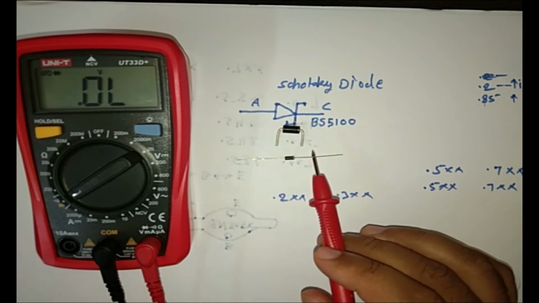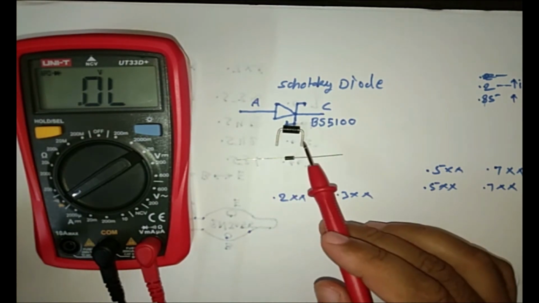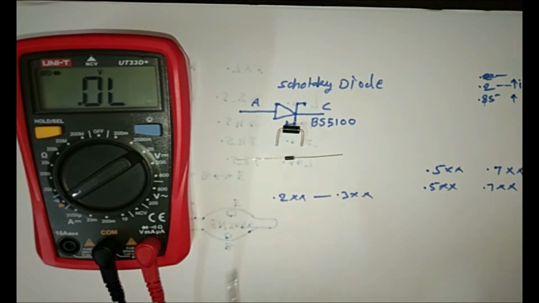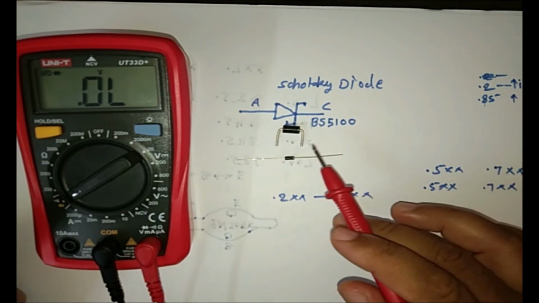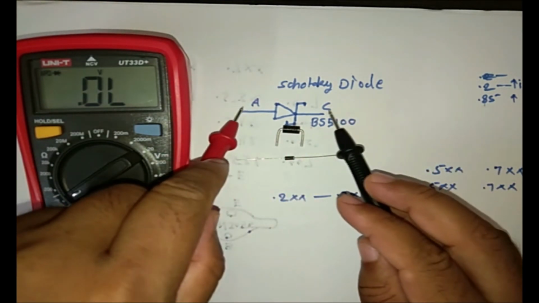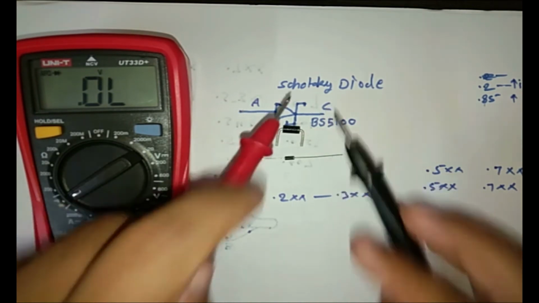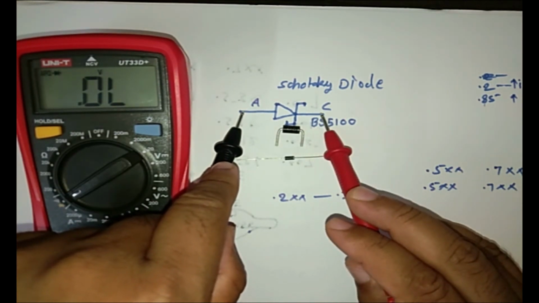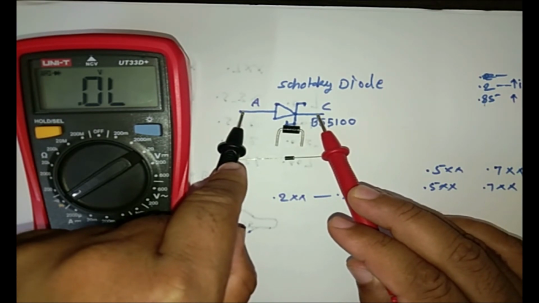Okay, now we talk about the damage condition. What will be the reading of a diode in the damaged condition? The diode may be short, or the diode may be open, or the diode may show some value in this direction also, maybe some very low value or high value. In this condition it will not show open, it will show some value, a damaged value, a short value, or it will show an open value.